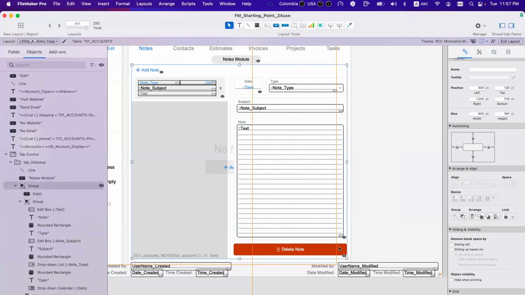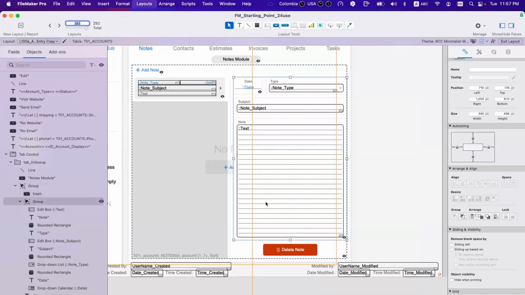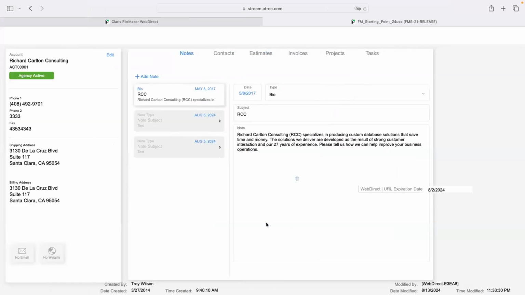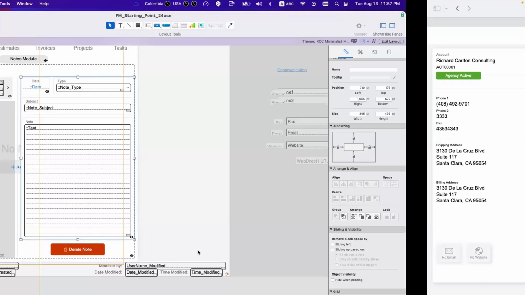So we don't need to put the button like this. We can put a delete button like this and make it centered. So let's see now how it looks. Oops. Delete button. So we delete the notes, okay? So here, we can keep it as is, which is okay, right? So let's make it